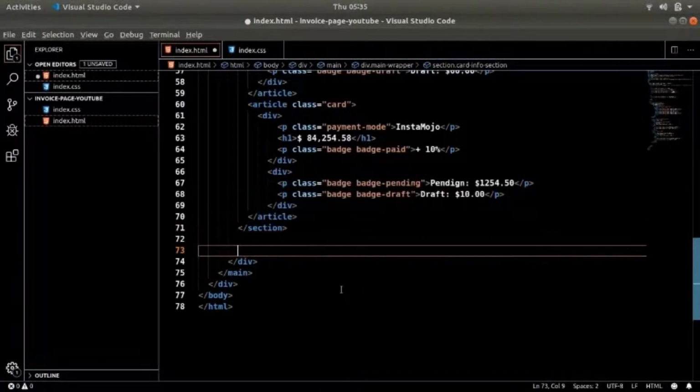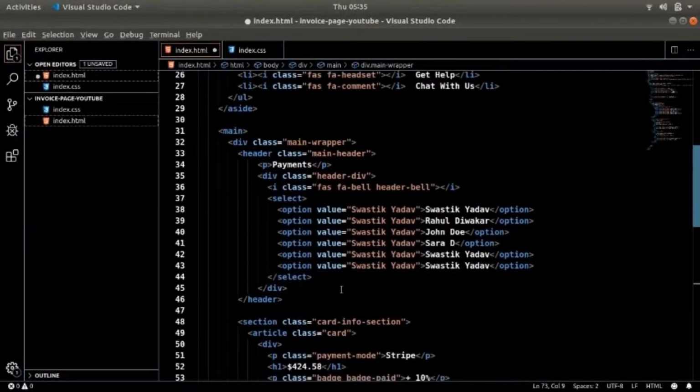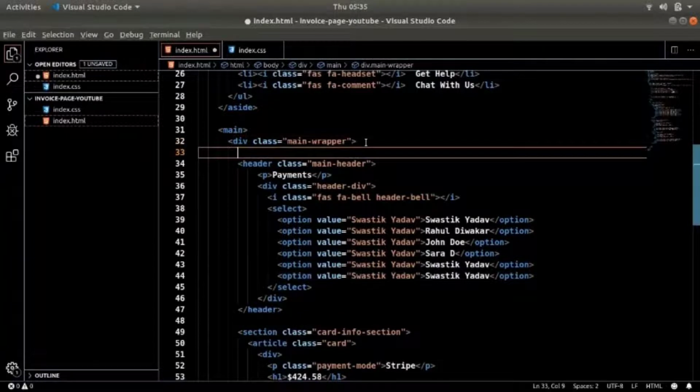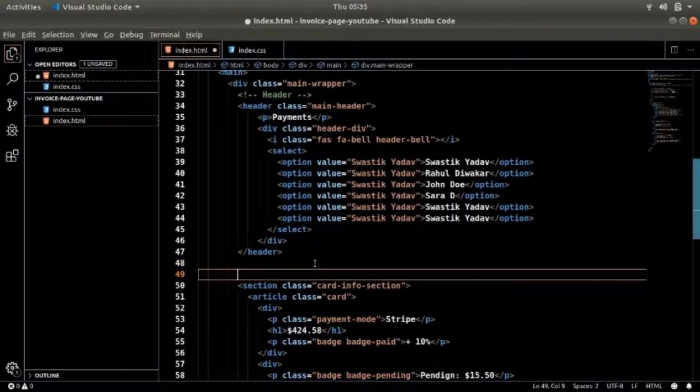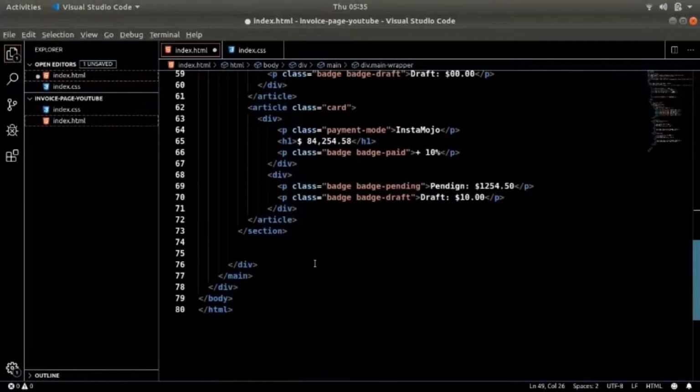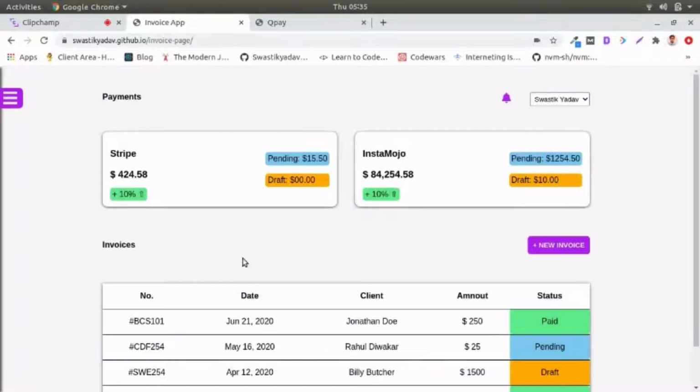Okay, and next, yep, this is our section. We should give it some name. So this is our header, this is our card section, and this one will be, what is it?